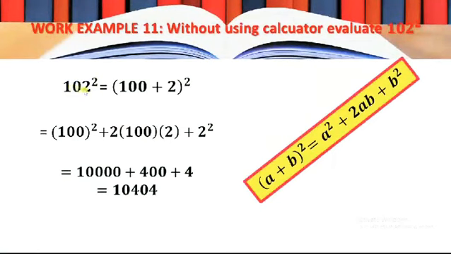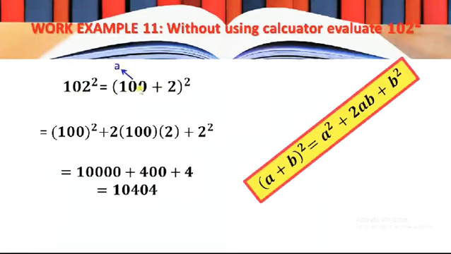We not only break it like 100 plus 2, there is another breakage. 104 minus 2 will also give 102. You can break it in the case of addition or subtraction, whichever. I broke it like 100 plus 2, or you can break it as 104 minus 2, that will also give us 102. The sum or difference should result in 102, then it is your choice how to break it.